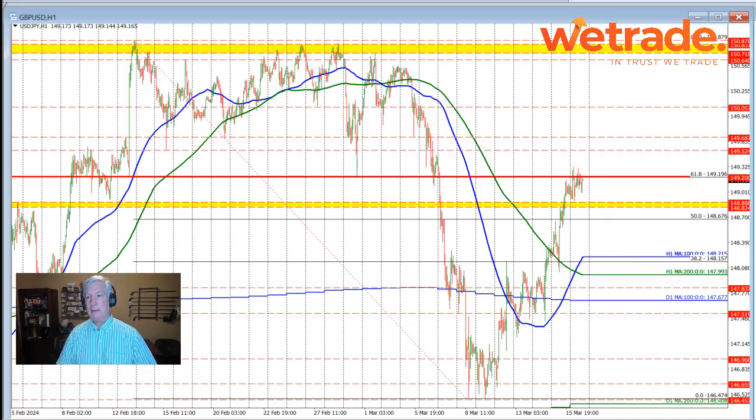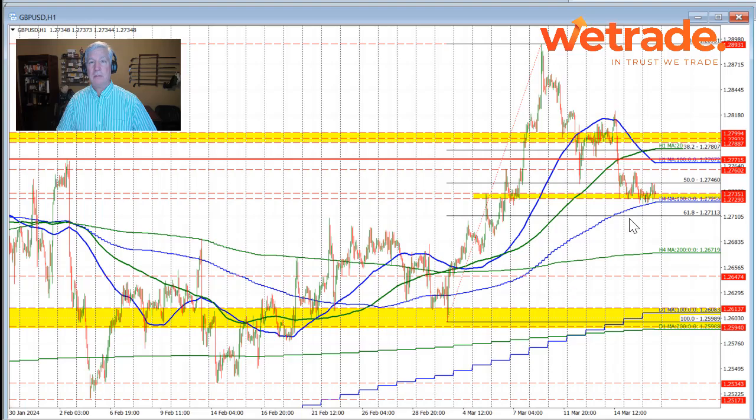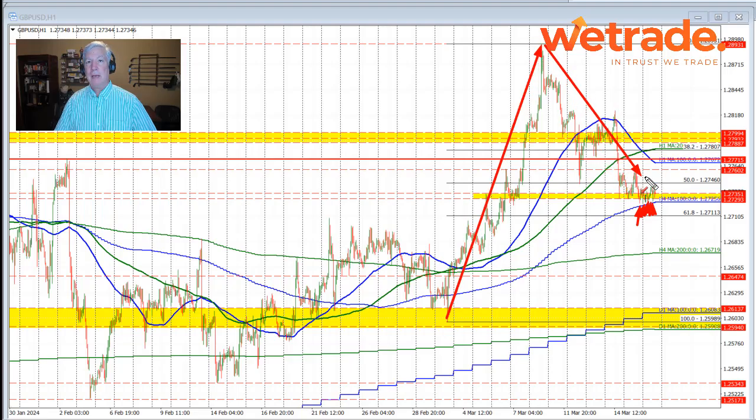Finally, let's take a look at the sterling versus US dollar, and similar to what we saw in the euro and the dollar versus yen, seeing up and down price action on this currency pair. We came down toward the blue line here that represents the 100 bar moving average on the 4-hour chart. This is an overlay of that moving average. And in trading here today, we've seen a number of different times where the price came down toward that blue line right here and found early buyers against the level, pushing the price back up. And where do we go? We went right up to the 50% retracement of this move to the downside, or to the upside here. That 50% comes in at